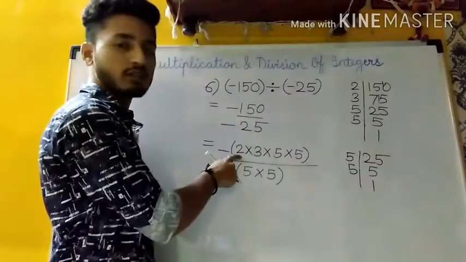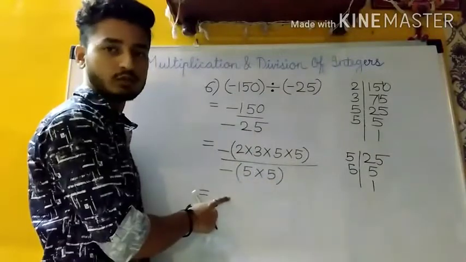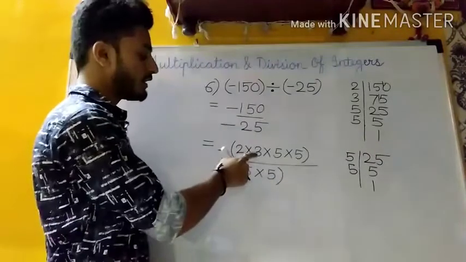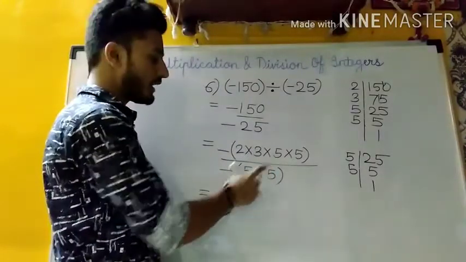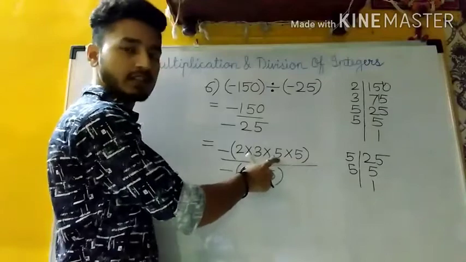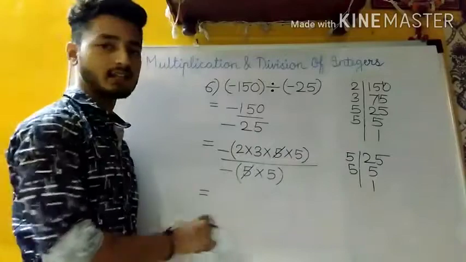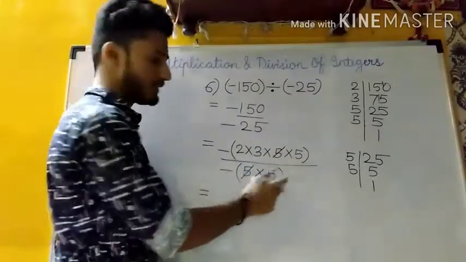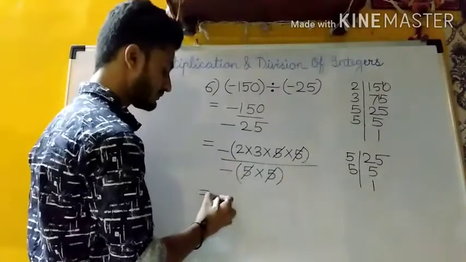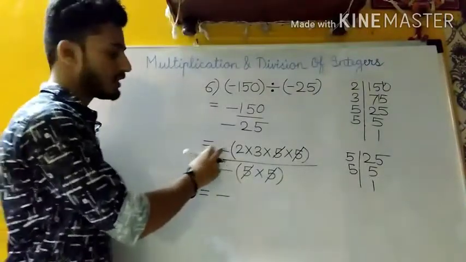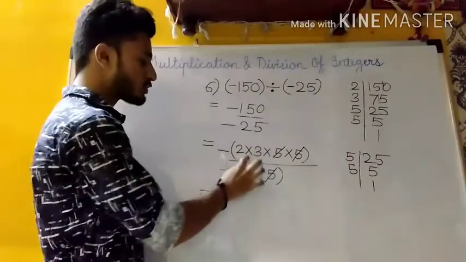Okay, so we'll go for 2. Now in the numerator we have 2, but in the denominator we don't have any 2, so we cannot cancel 2. For 3 also we don't have any 3 in the denominator, but for 5 we can cancel out because we have 5 in the numerator as well as in the denominator. So this 5 and this 5 get cancelled. Also another 5 can be cancelled here. So another 5 is also cancelled. Okay, so what remains? Minus sign is as it is. 2 and 3 are here, 2 numbers are remaining, so we have to multiply the numbers and write the answer.